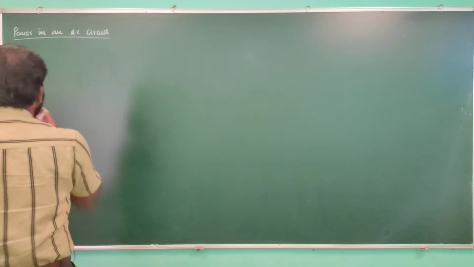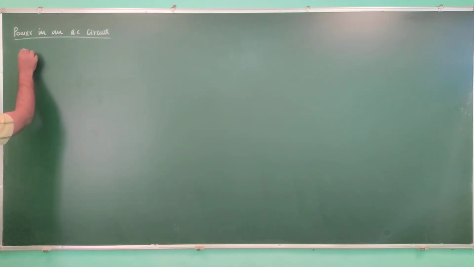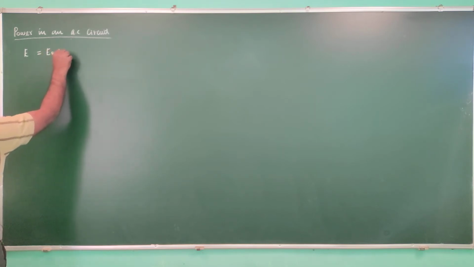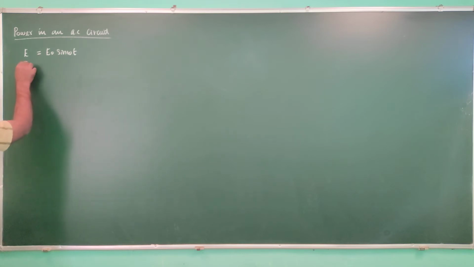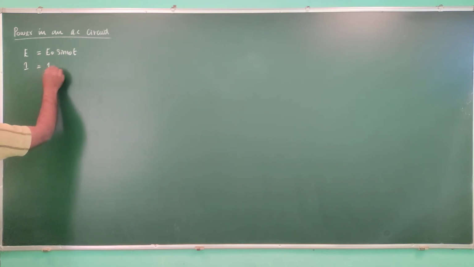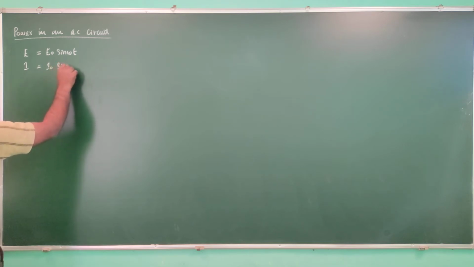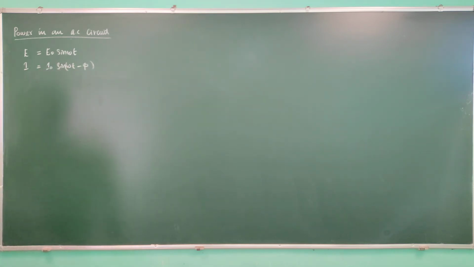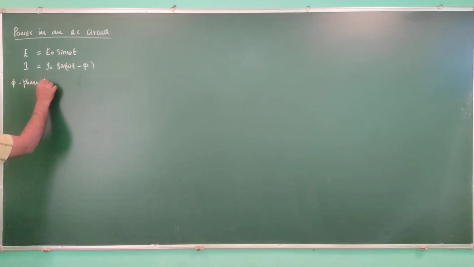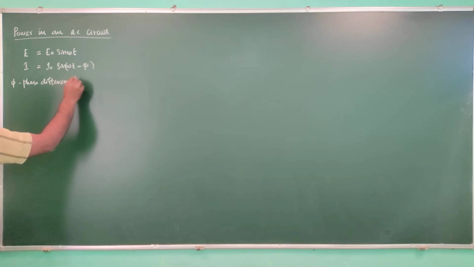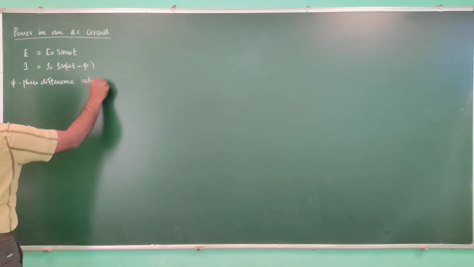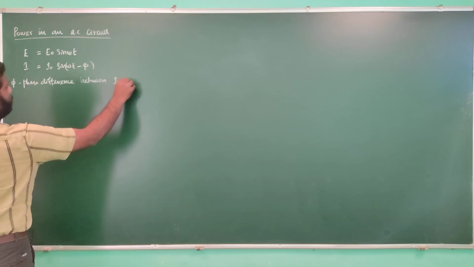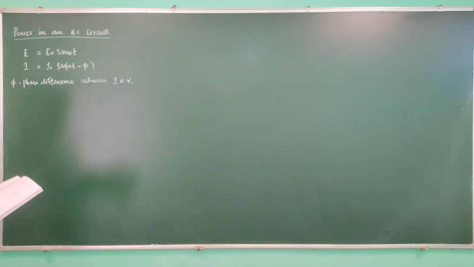So, the expression for voltage in an AC circuit is E equal to E naught sin omega t. Expression for current is I equal to I naught sin (omega t minus phi). Here the phi is the phase difference between current and voltage in the AC circuit. Now,